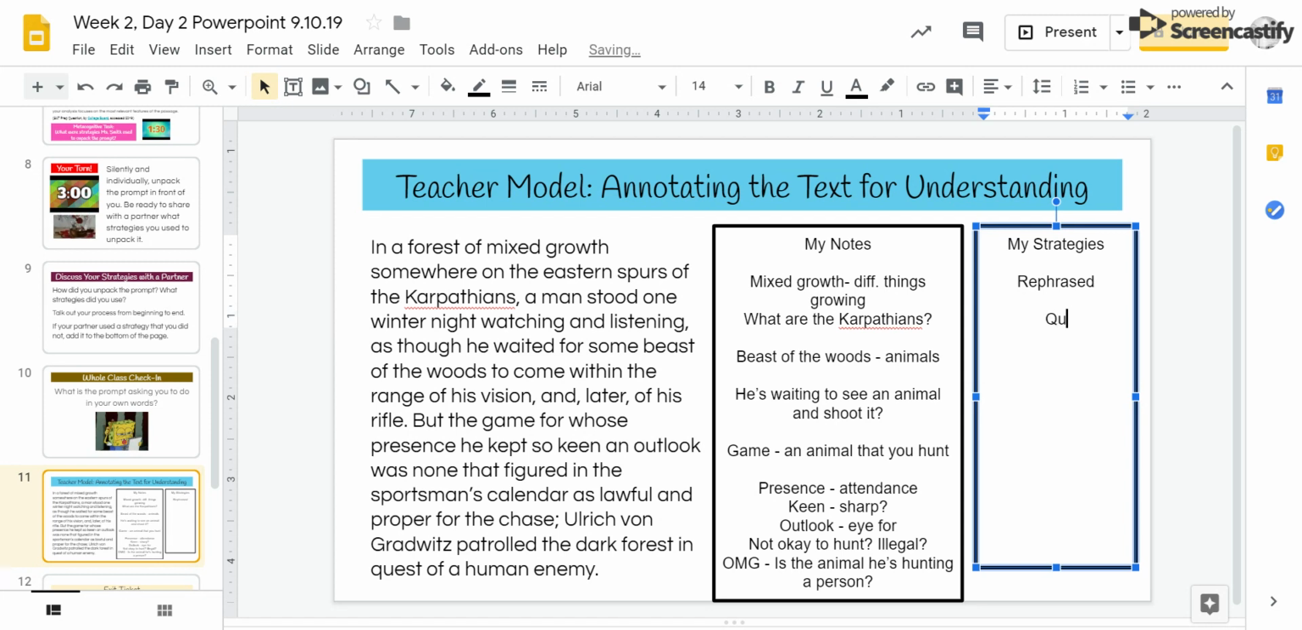I asked a question. Again, I rephrased. I asked another question. I used some background knowledge to define some words that I didn't know. And then I